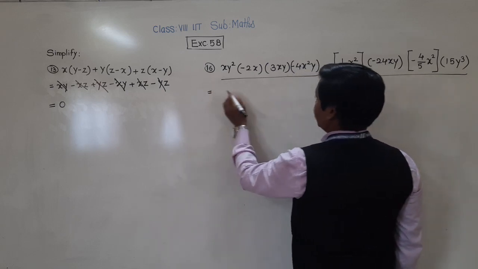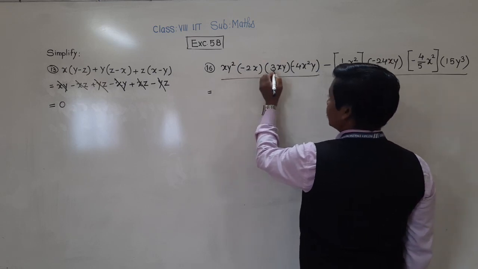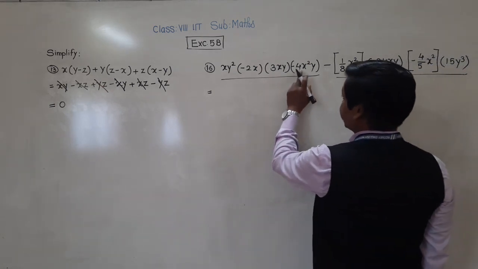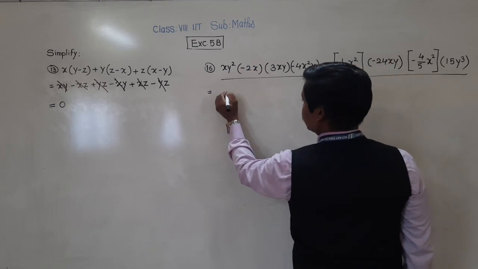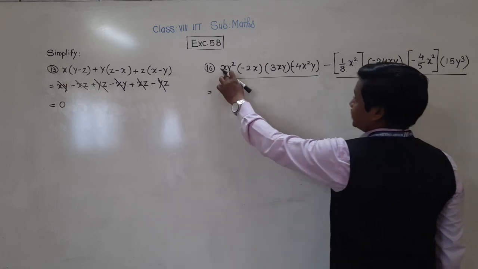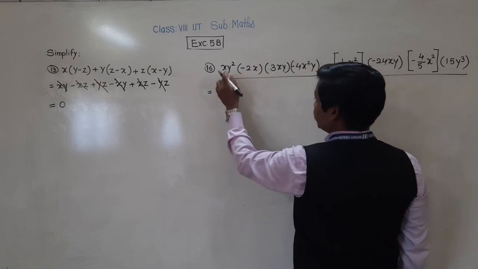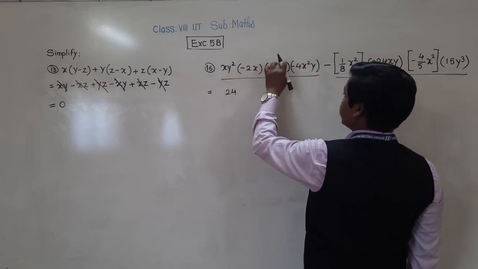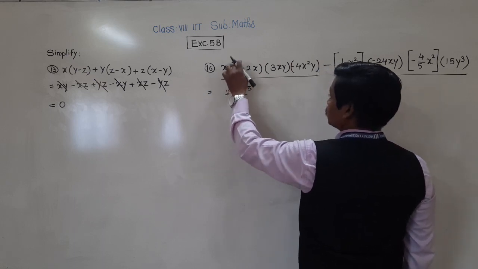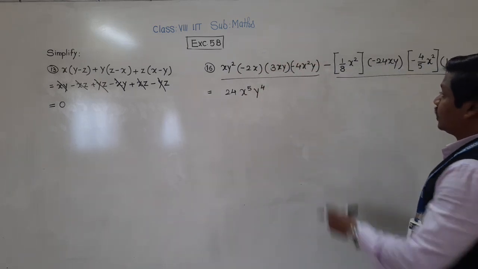Okay. So see this. As usual, it has coefficient 1, that is 1 multiplied by minus 2 multiplied by 3 into minus 4. Here only multiply. Now don't go step by step. Try to multiply directly. 4 3s are 12, 2s are 24. Minus into minus becomes plus. x: this is x raised to 1, x raised to 1, x raised to 1, x raised to 2. Total how many? 1, 2, 3, 4, 5. x raised to 5. How many y? y raised to 2, so 2, 3 and 4. y raised to 4. Understood?